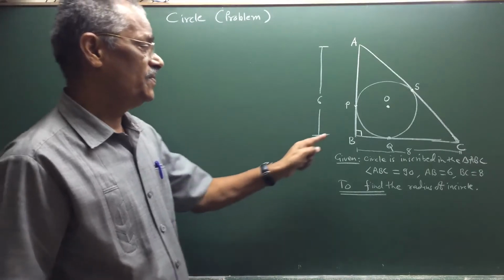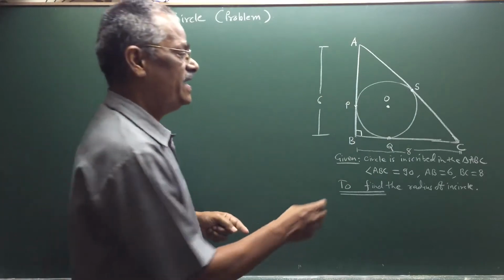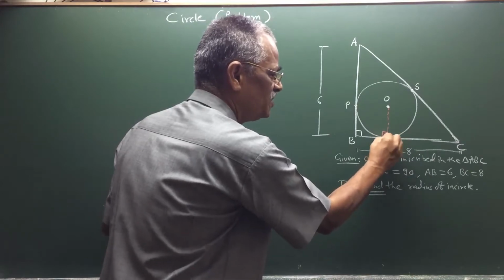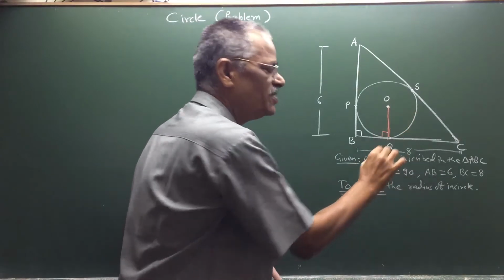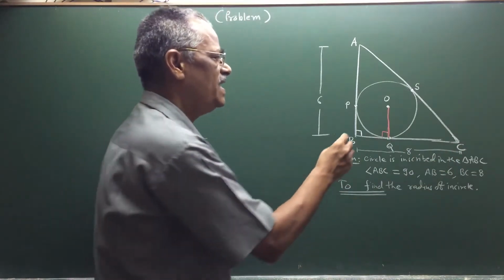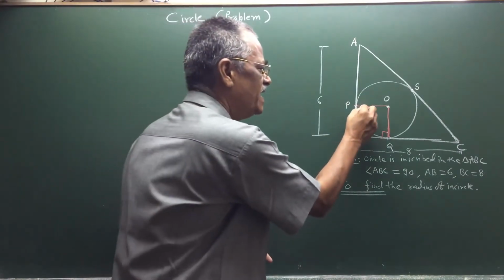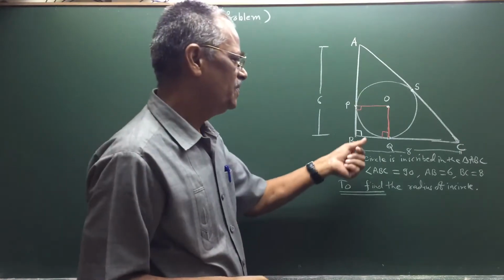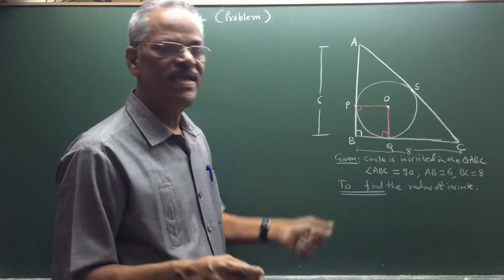You see that BC is definitely tangent to the circle, and you know a tangent is always perpendicular to the radius through the point of contact. So if we draw the radius OQ, it is perpendicular to the tangent BC. Similarly, if you draw the radius OP, there is again a right angle, for the same reason, by the tangent theorem.